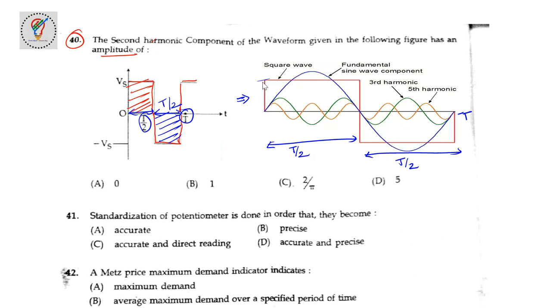Now you see here, there is a red square wave. For the given circuit, it can be expanded into a series of sinusoidal waveforms with multiple frequencies. First, I will talk about the fundamental frequency. The fundamental frequency is the blue line here. As you can see, it has the same time period as that of the square wave signal. So this is the important quantity, the fundamental sine wave component.